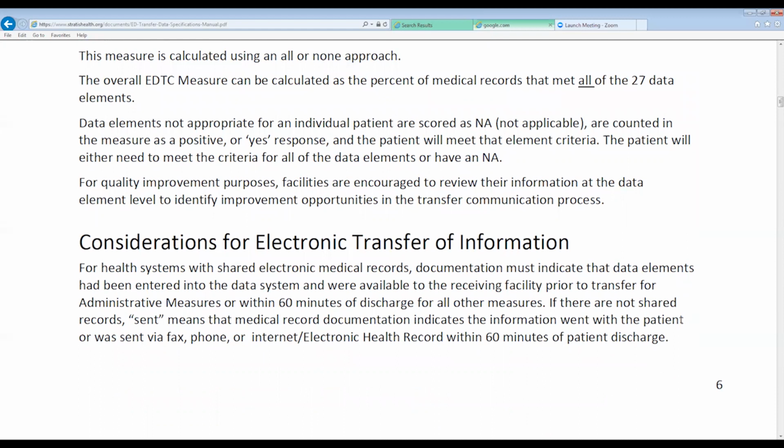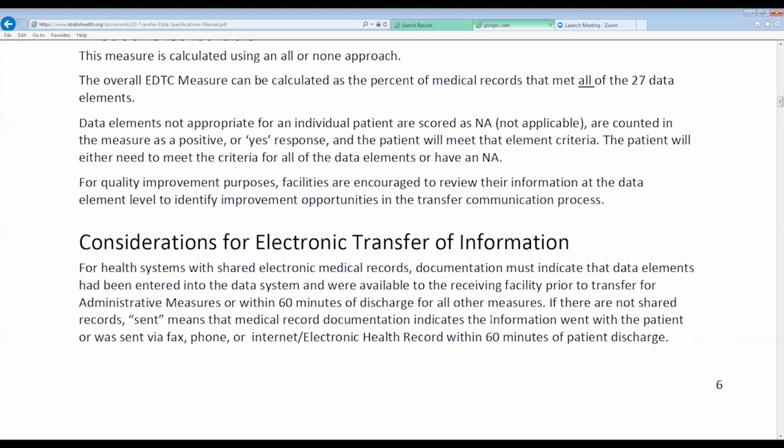And this is how we try to explain what we mean by sent. When we go through the different pages, we're always saying its documentation must indicate that the data elements were sent. So what does that mean? If you have a shared electronic medical record, documentation must indicate that the data elements have been entered into the system and were available to that receiving facility prior to transfer for those administrative measures. That's the physician documentation and the hospital-to-hospital documentation, or facility-to-facility, excuse me, or within 60 minutes of discharge for all the